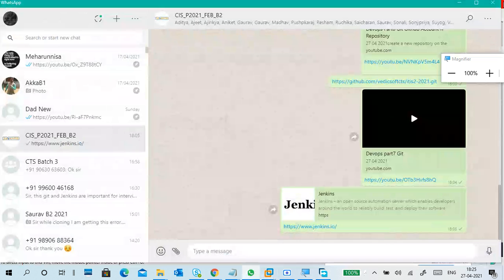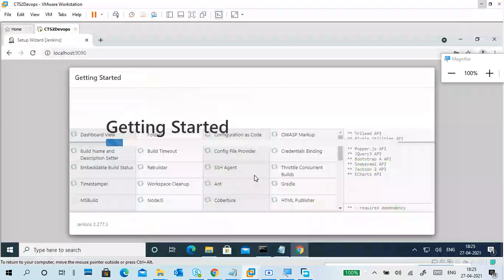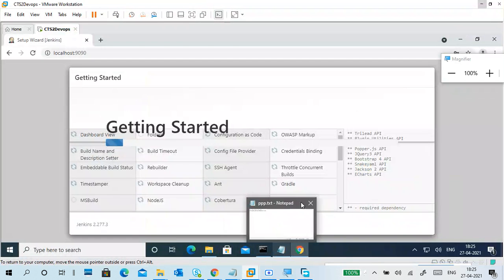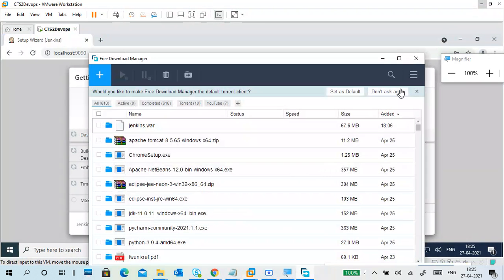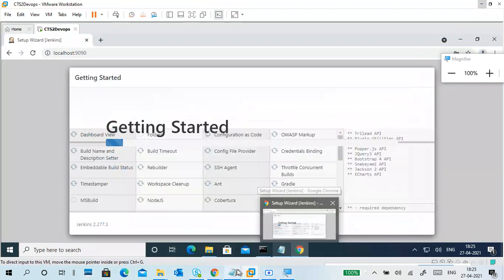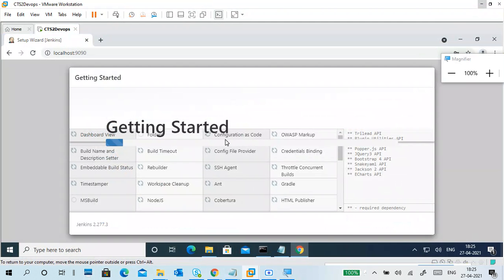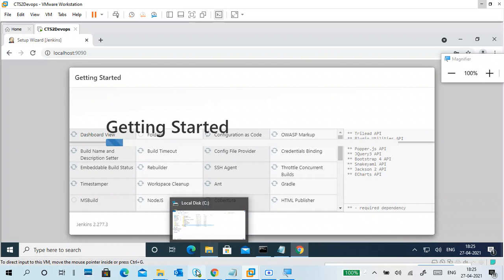So I'm closing this WhatsApp also currently. Actually, better I close the other things. This is also not required, both in the physical machine and the virtual machine. Any network related thing that is running, just close that one.